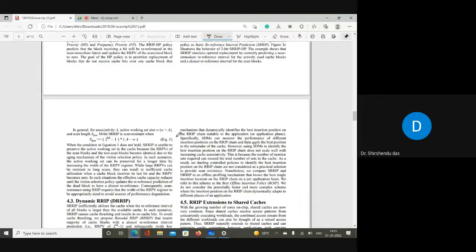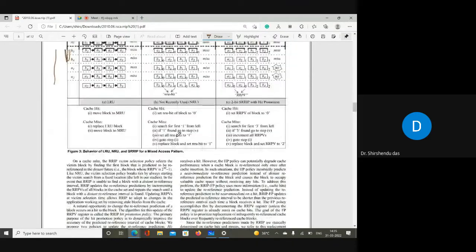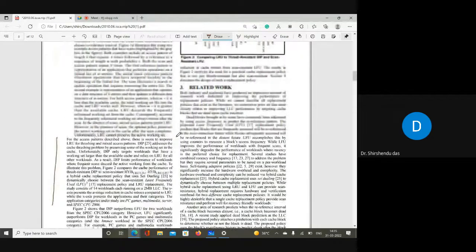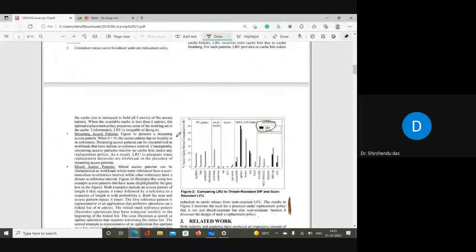Another point is when you are talking about scanning applications. All the applications they run here, I think last class also I showed you some benchmarks, right? If I scroll up and show the first diagram, the x-axis shows benchmark applications. Normally there may be some scanning applications, some mixed applications, but those are real applications. That's why in one of my lectures I used a term called security,